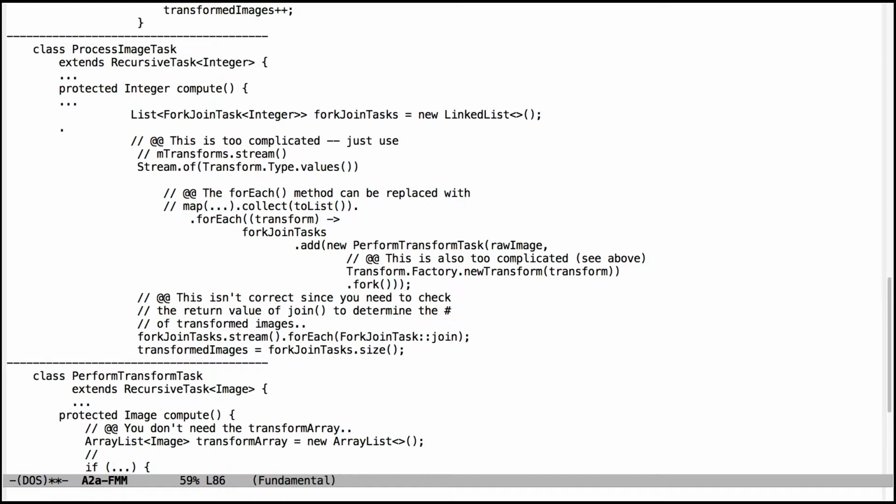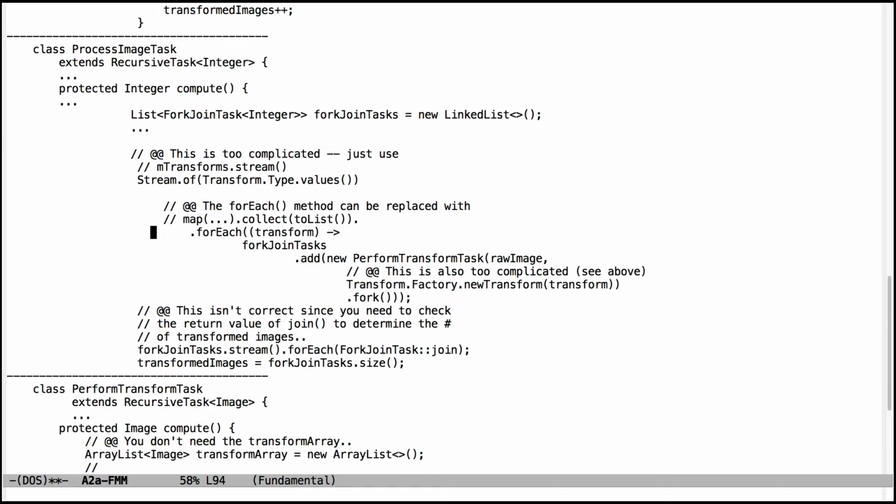So that's what code would have been here at some point. So what I'm saying is, don't use the for each loop to do this. Instead, use map collect, and then you can get rid of this